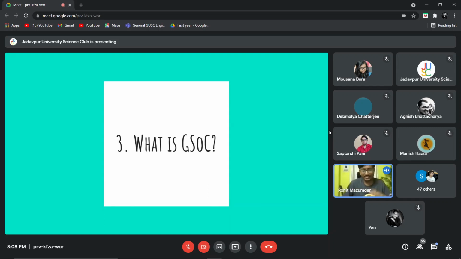Google Summer of Code is a program, an initiative taken by Google, where Google wants more student developers, students who are in colleges, to come out and do some open source work. They want student developers to be more involved in this community. If you go into the open source community, you will find that the majority of the people present are experienced people, with maybe 5, 6, 10 or 15 years of experience in the industry. So Google wants more students to come into this community. This is one of the reasons why Google promotes Google Summer of Code. Now, to understand more about Google Summer of Code, let's move on to the next slide.